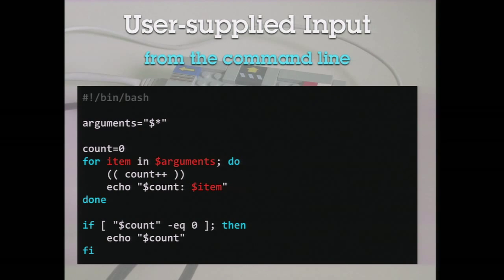So here's an example script that will simply return all the arguments that are passed to it. Similar to the fruits example, it's going to put a number in front of the arguments that were passed to it. So you can see for item in all the arguments passed to me, count it and return that argument. And then this special case at the end, if no arguments were passed, I want to echo the count. So if there were no arguments passed to the script, what would the output be? Right. Since count was never incremented, it would just tell me 0.